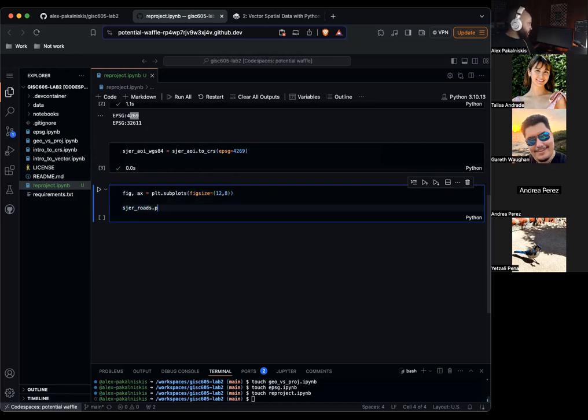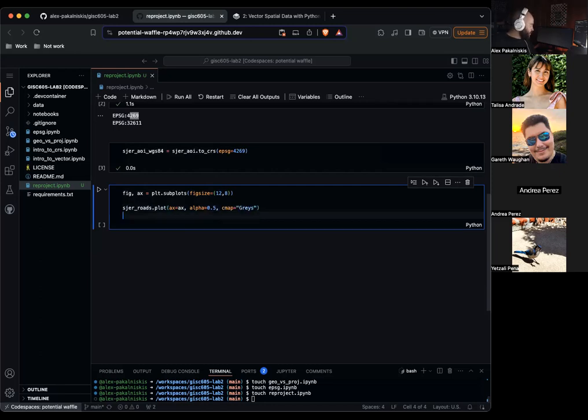SJER roads dot plot, ax equals ax, alpha equals 0.5, cmap equals Greys. SJER AOI WGS84 plot, ax equals ax, markersize equals 10, color equals red or r.